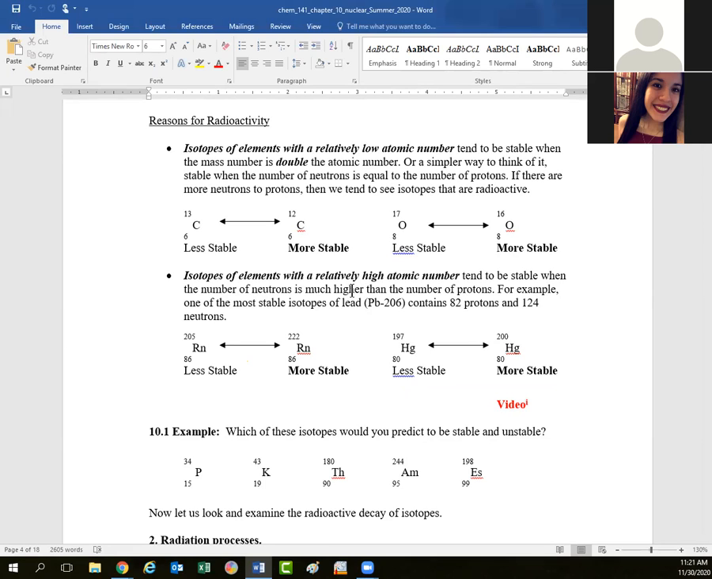And what we have is, for those elements with an atomic number below 50, so all the elements that we see at the top of the table, the stability comes from an equal number of protons and neutrons. And so the mass number is exactly double the atomic number. 6 protons for carbon, of course, but with 6 neutrons to give a mass of 12, that makes a stable